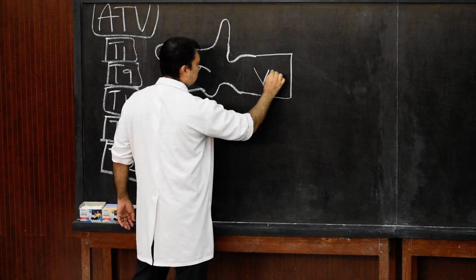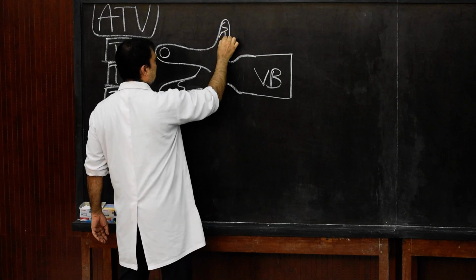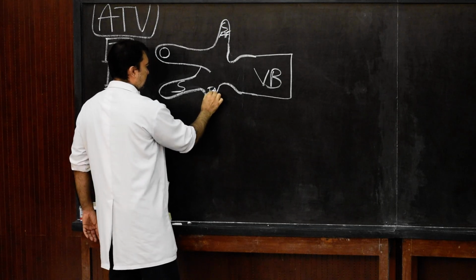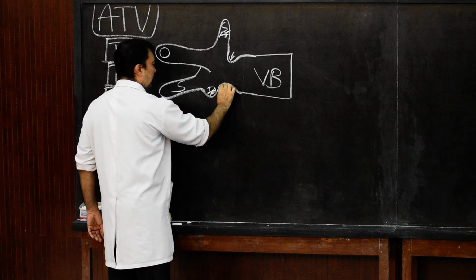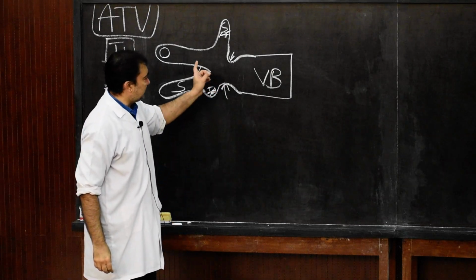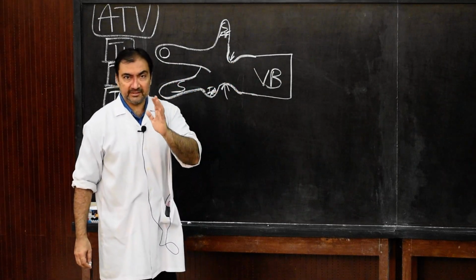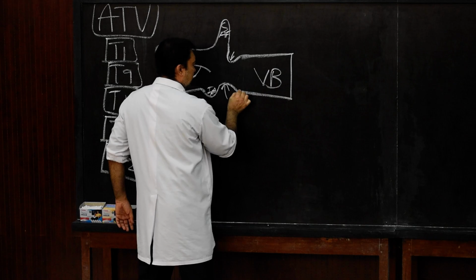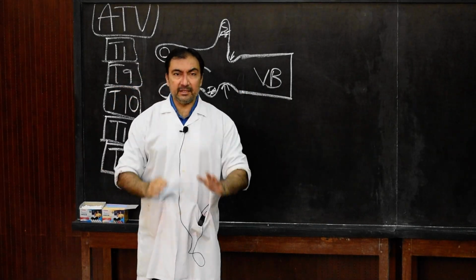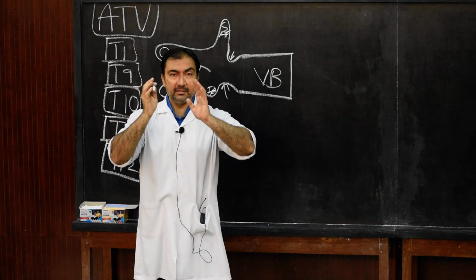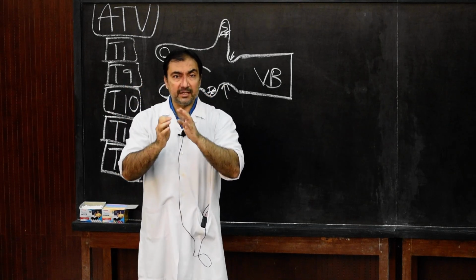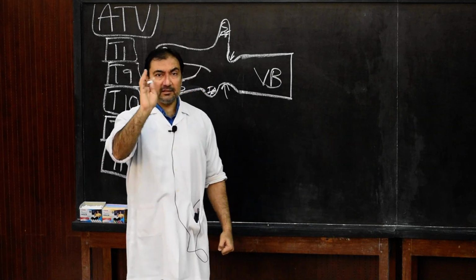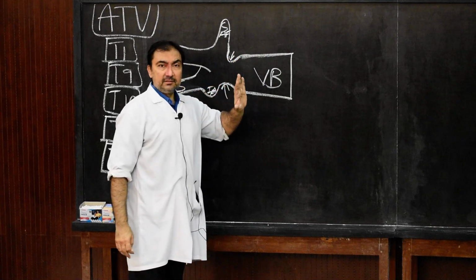This is the vertebral body. This is the superior articular facet or process, inferior articular facet and process. This is the superior and inferior vertebral notches. So what are the characteristic features of the first thoracic vertebra? The body will be completely cervical in shape. It will resemble the body of a cervical vertebra, in which the transverse width will be more than the anterior-posterior width. That is the shape of the first thoracic vertebra.